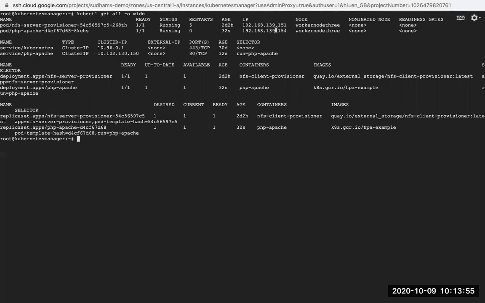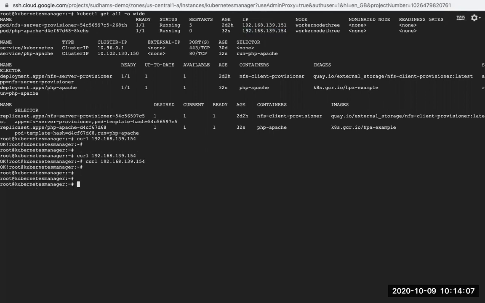So now we can see this particular container was created successfully. If you try to curl this, you are getting this, okay? So this is how it will print. It is just a simple PHP script which is written in index.php. Now, before applying this, let me try to repeat the percentage.